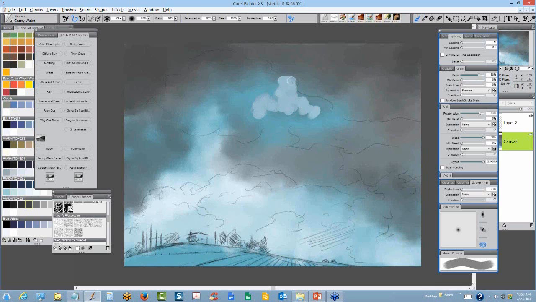Let's go ahead and work a little. Let's bring the stroke jitter up a little bit. Maybe we want a little bit of jitter to that brush. This is just a great, easy way of doing it. But now, once you've established that shape of the thunderhead,